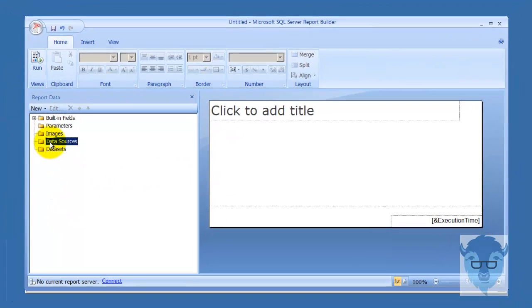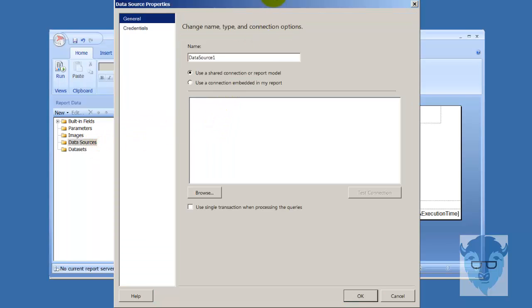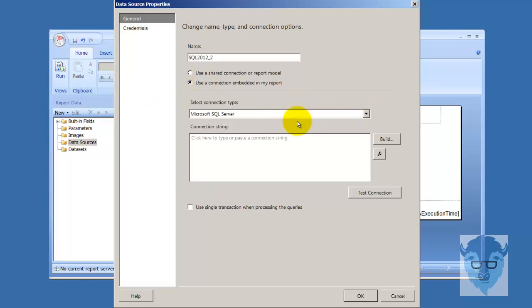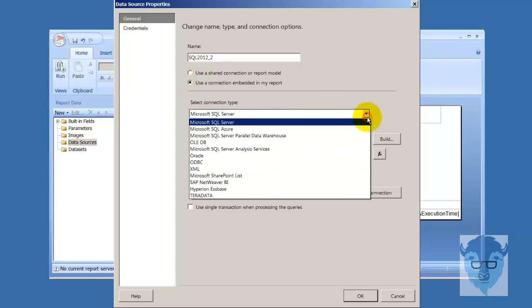So over in data source, I'm going to start out. I'm going to say add data source, and down here you give it a descriptive name, and the first thing we're going to connect into is SQL 2012. So I'm going to put that down just so you can see it. You really want to name these things so that they're friendlier for the user and you know what you're going into. All right, and I'm going to get down here to embedded, and you see I'm tying in the SQL,